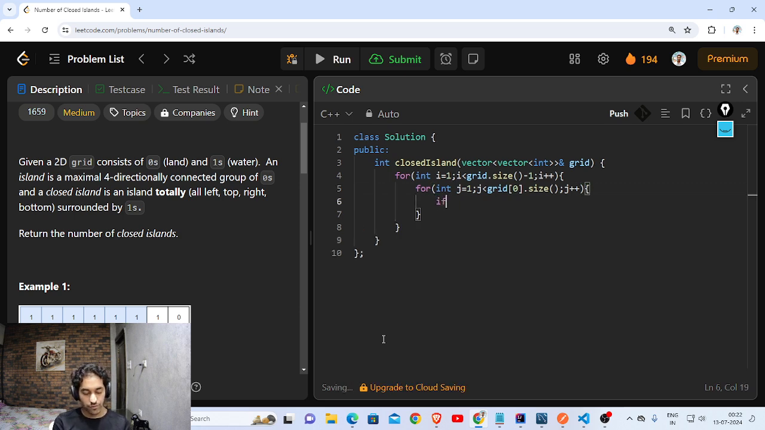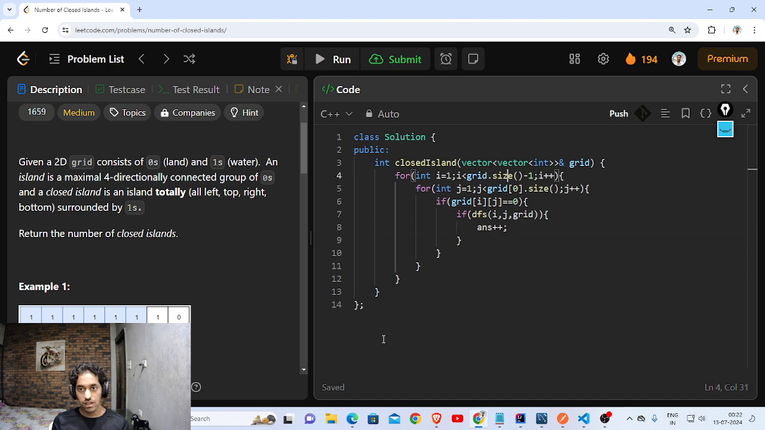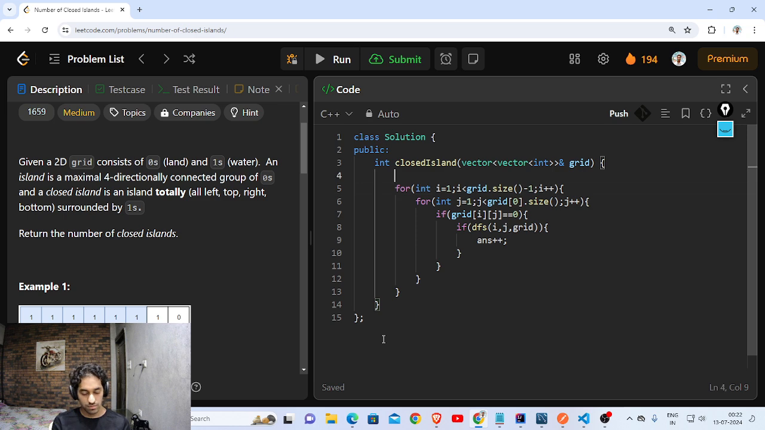Okay. If the grid of i and j is equal to 0, in that case I will do a DFS which will return a boolean, which will be checked here. I'll pass the column and row values and the grid as well. If it is returning true, then I will increase the answer. I'll have something called answer at the top. This will contain the number of closed islands,